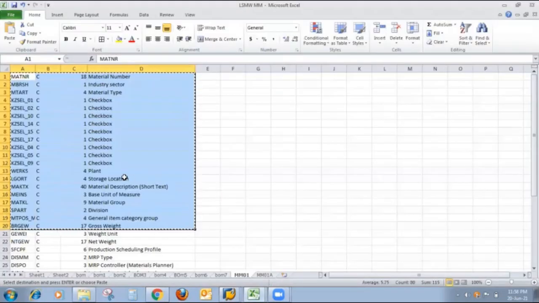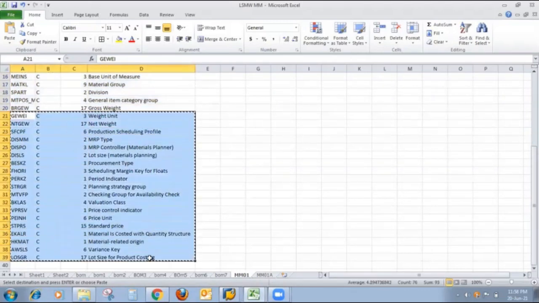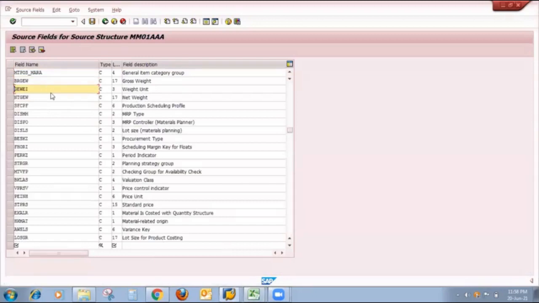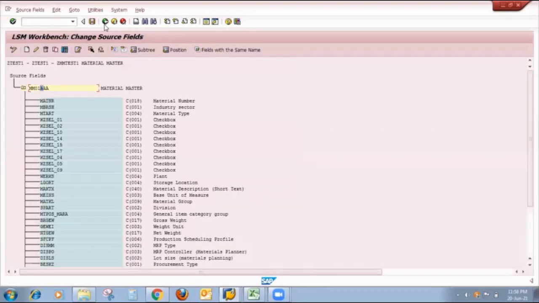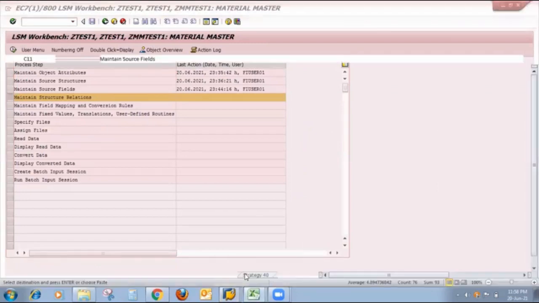After gross weight, I copy the remaining data and paste it in LSMW. Okay, lot size, enter. Now I want to save it. Once I save it, I go back. So my third step is complete.